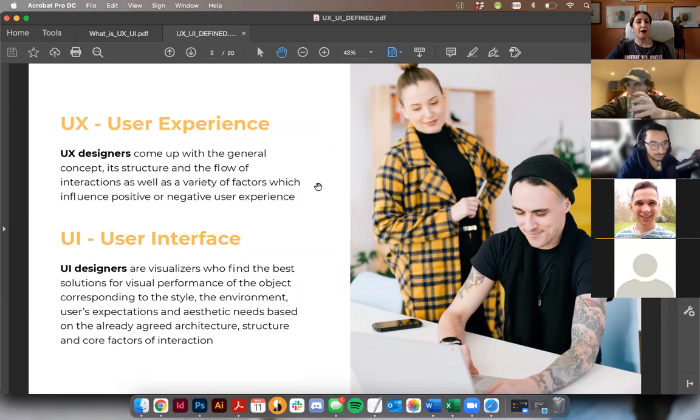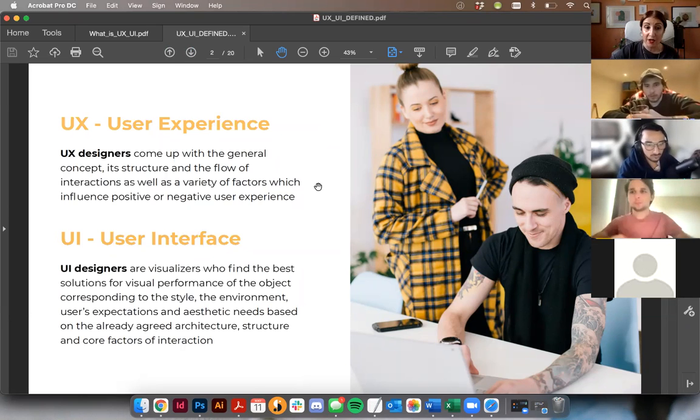Super quick. Okay. User interface are visualizers who find the best solutions for visual performance of the object corresponding to the style, the environment, expectations, aesthetic needs, etc. on the already agreed structure, architecture, and core factors of interaction. So that's where